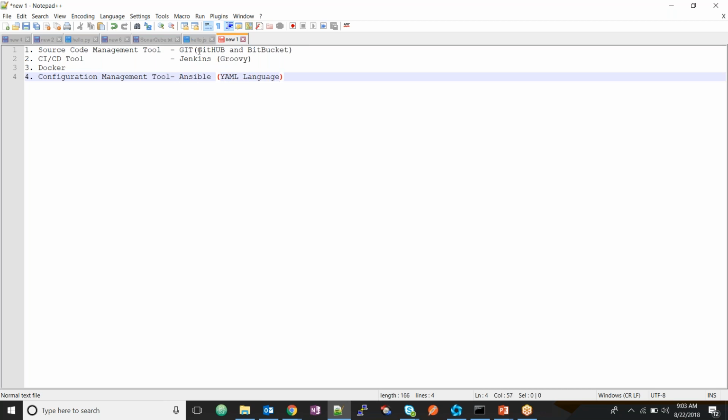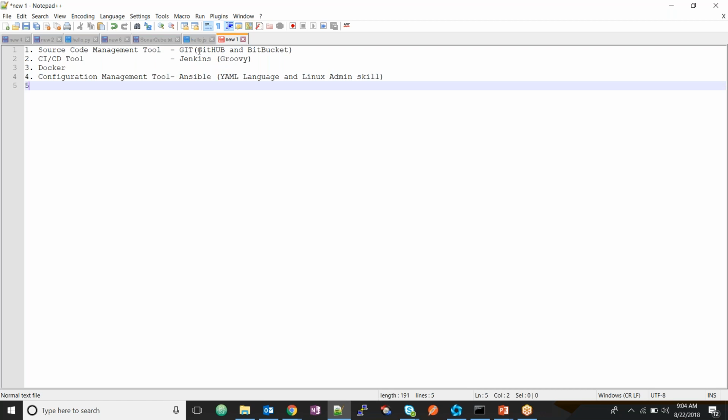Again, it is very straightforward. It is like English. For Ansible, we need Linux admin skills, because nowadays most of the servers are running on the Linux operating system. We also need a basic understanding of shell scripting. Then Ansible is very easy for you.